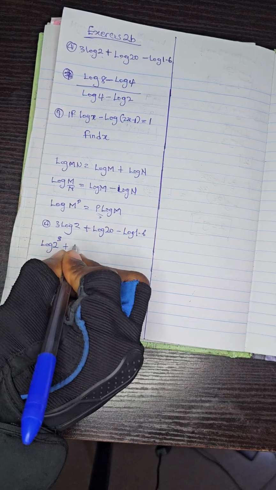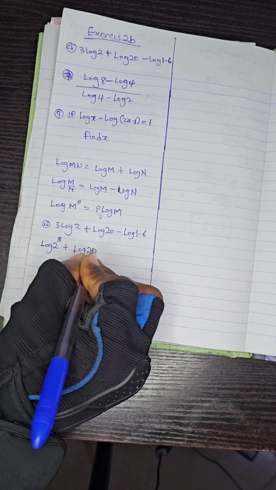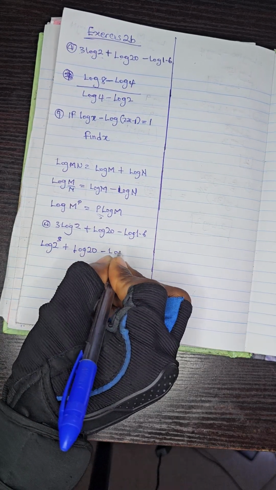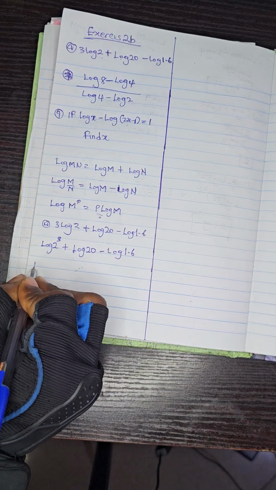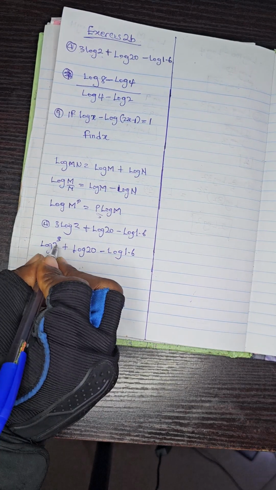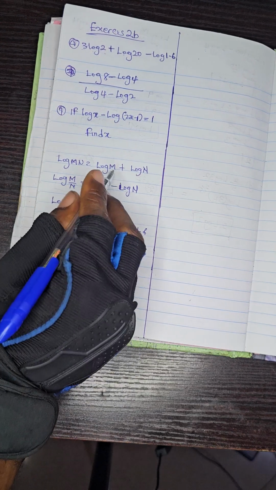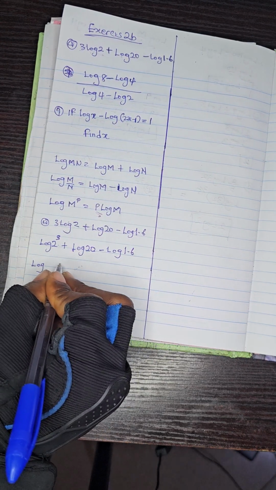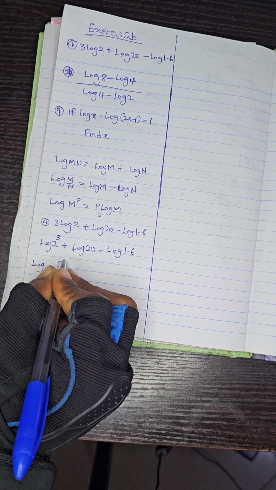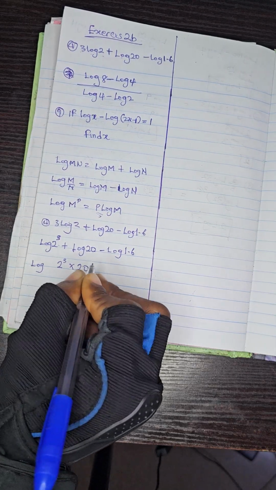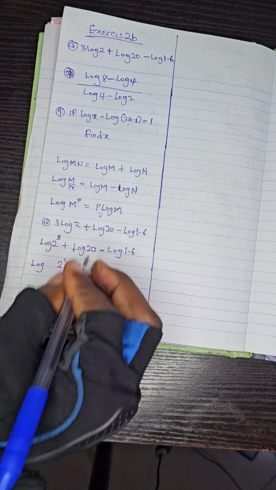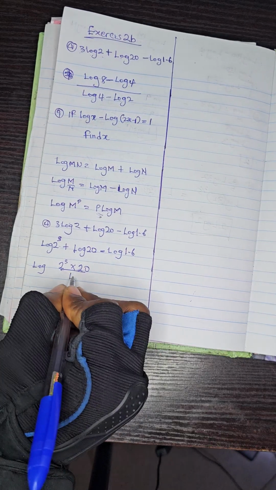But let me first list it out. Log 20 minus log 1.6. Now I'm going to have log, using this law here, it will be 2 raised power 3 times 20. Now this negative sign, so I'll use the second law, all over 1.6,